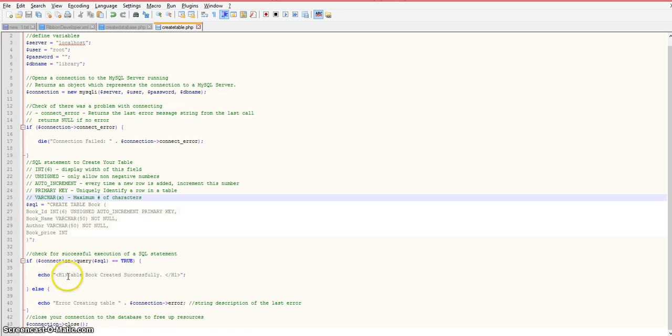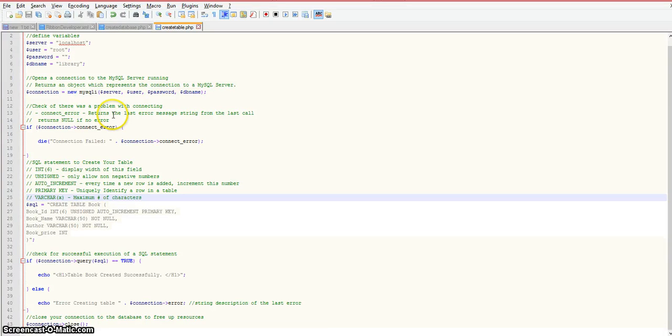And we're going to surround this message by HTML tags called H1. And H1 is just basically a heading tag that displays text as a larger font than normal. If the connection, or if this execution of this SQL statement was not successful, then we're going to spit out to the browser an error message. And then at the end, we're just going to close out the connection to MySQL server in our database. So I hope this helps you understand how you can actually create a table for your MySQL server database